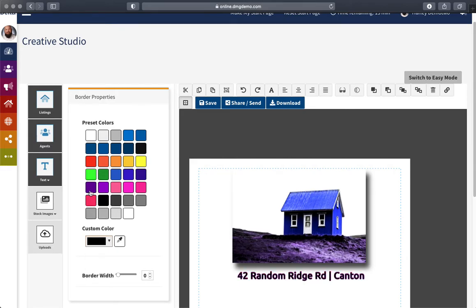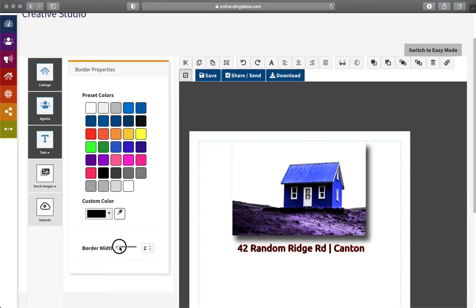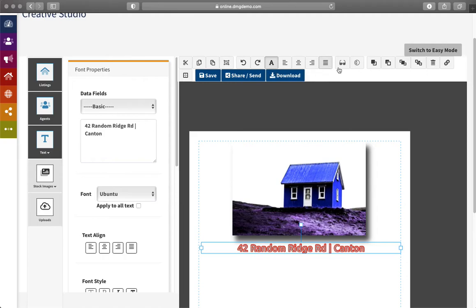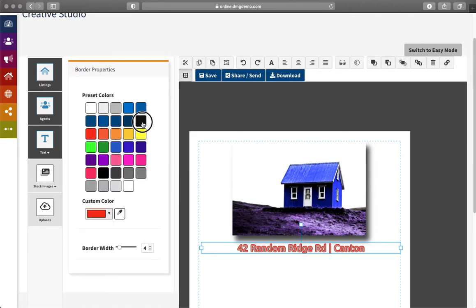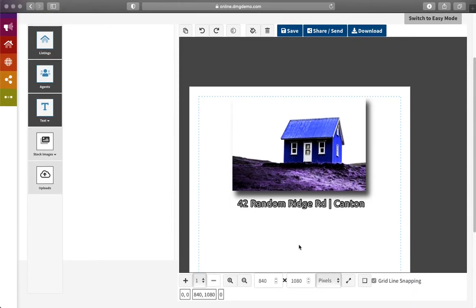Here, let's pick something that shows up nice. There we go. Halloween colors. And we can make that larger and smaller, so we have a lot of options there. That might be not quite as subtle as I hoped for. So let's go in and change our text color to like a gray there. That's not bad. And now we'll change our border color to a black. There we go. Yeah, it's a little better. Like I said, I'm no designer. So there you go. So there's our listing address,